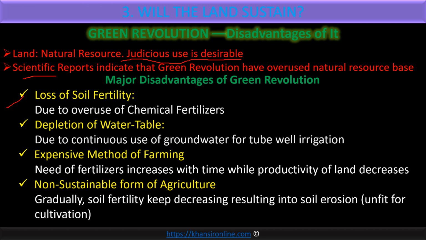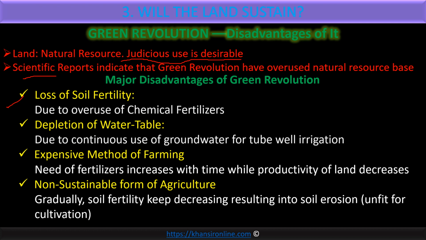See, we use chemical fertilizers in the modern farming method. So what happens? Suppose this is your first year of using the modern farming method. For example, you needed 50 kg of fertilizers and you got a crop. Next year, to grow the same amount of crop, you need to spend 70 kg of fertilizer. Again, the crop would be the same, the production yield would be the same, because the land is getting adapted to that, or the land's fertility is reducing day by day.